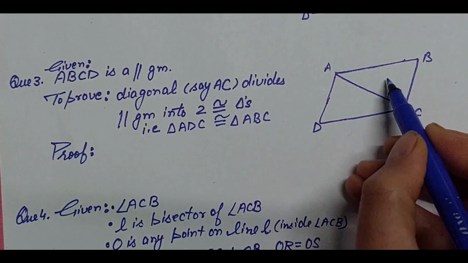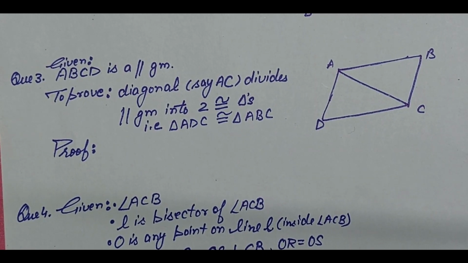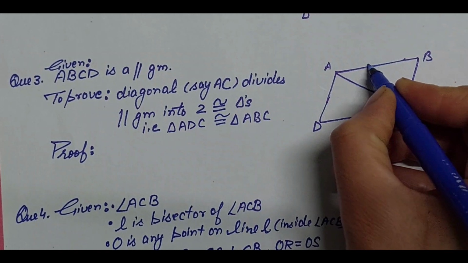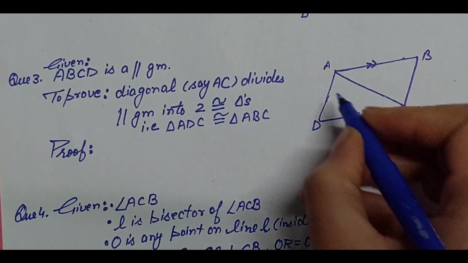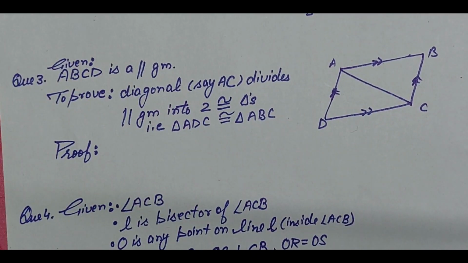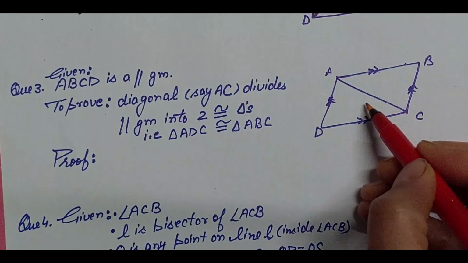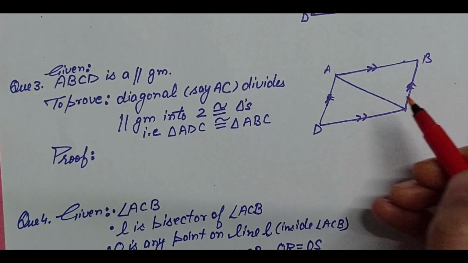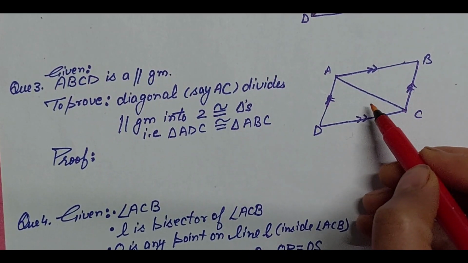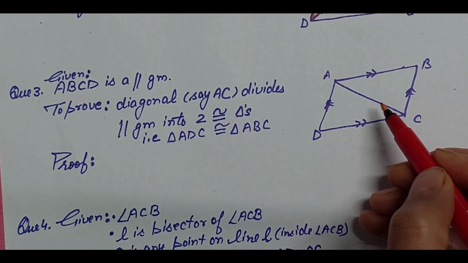Now we have to prove these two triangles congruent and we are not given any equality. Okay, we are just given that this is parallel to this, because this is a parallelogram. And we have to come up with the equalities, all the three equalities. In these two triangles, we need three equalities. So as it is a parallelogram, the opposite sides are parallel. This is the simplest definition of a parallelogram: a figure with both pairs of opposite sides parallel.